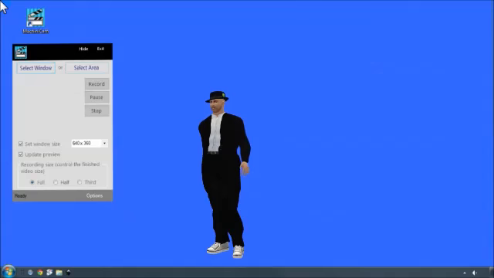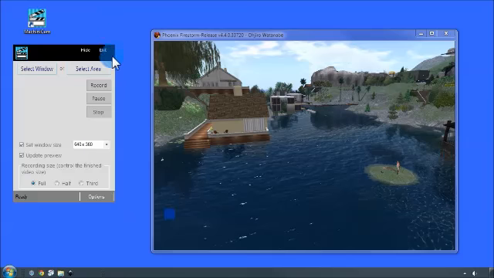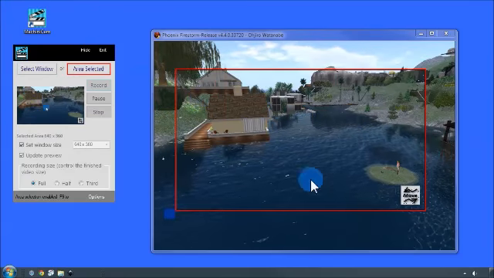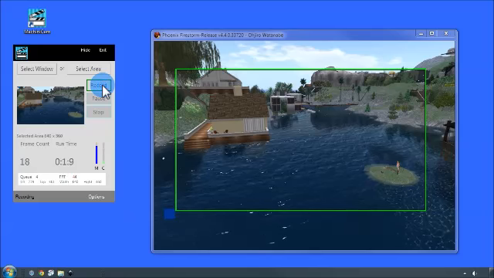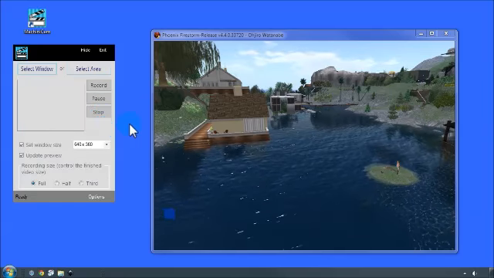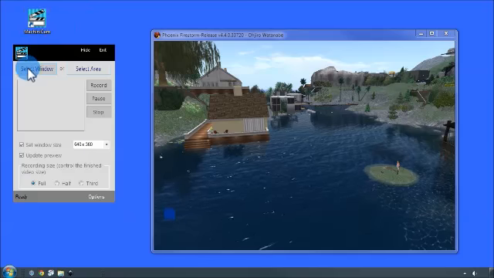In the first video we looked at how you can record the screen by selecting an area. So you just select an area like that, move the rectangle into position, click on record. When you're done, click on stop, and that's how you do it. So the first thing I want to do today is to look at how to record the screen with the